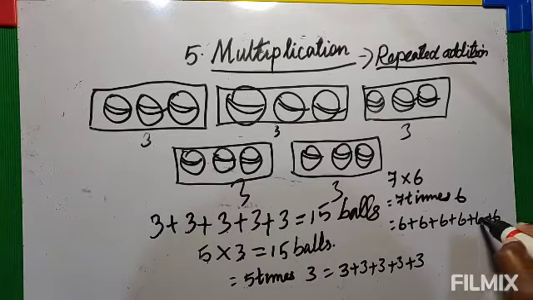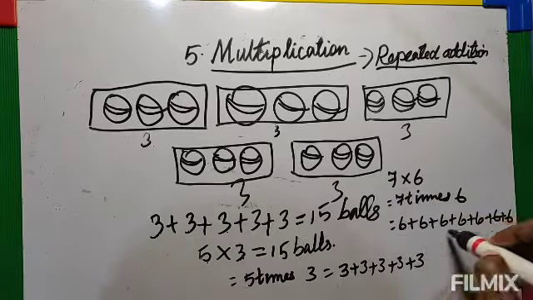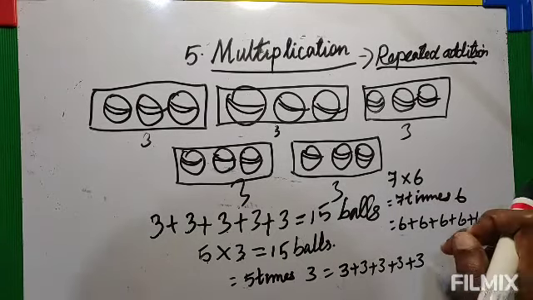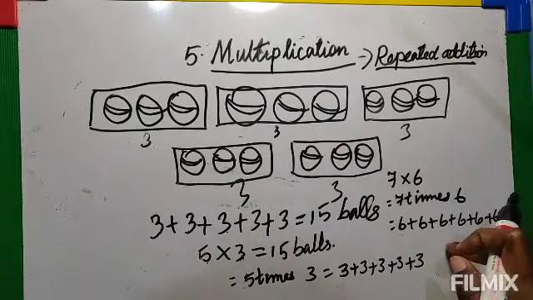In addition, you can write it this way. 7 times 6, otherwise 6 plus 6 plus 6, 7 times you are adding it. So this is the way you can write. This is asked in the recap exercise on how to do it, so you remember how to do it.